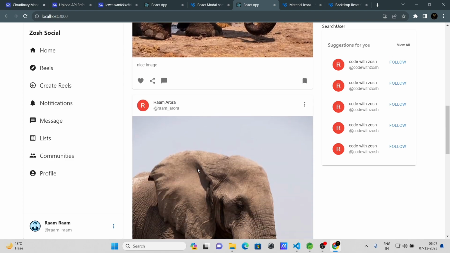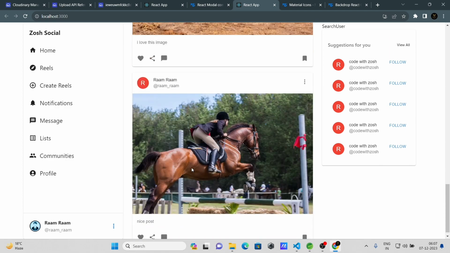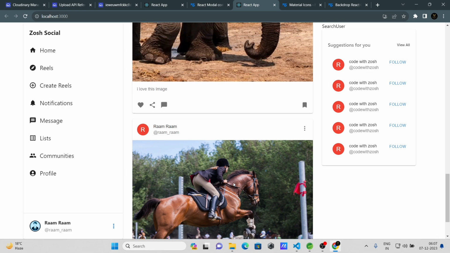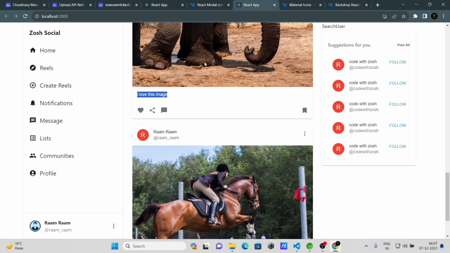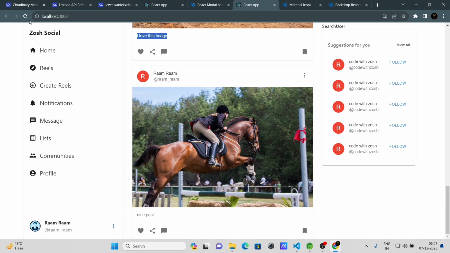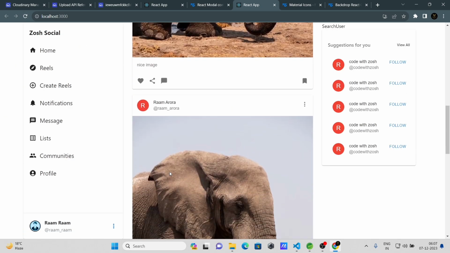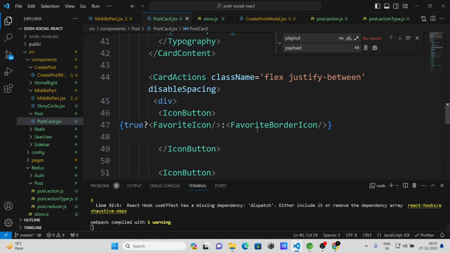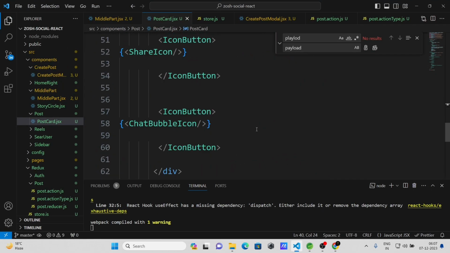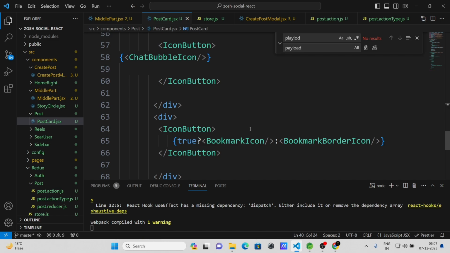Oh, image looks like this, and yeah, you can see that caption and image are changed. When I refresh it, it will be the same. Okay, now let's like this post. So for that, what I need to do is